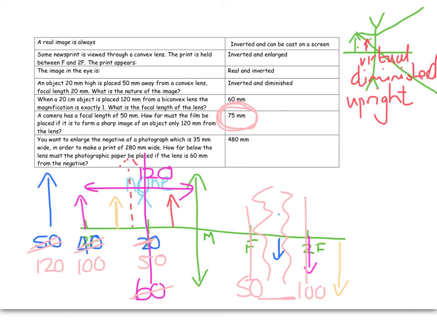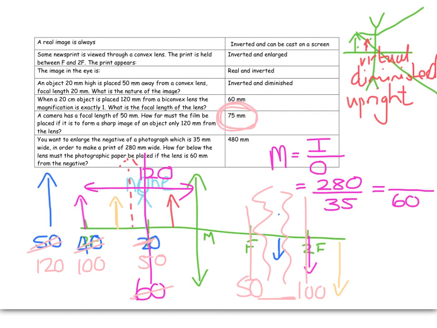You want to enlarge the negative of a photograph, which is 35 millimeters wide, and you're going to make a print 280. So what is the magnification? Magnification is image width over object width. 280 divided by 35. How far below the lens must the photographic paper be placed if the lens is 60 millimeters from the negative? So the object distance is 60, because with a photograph you're making, you use the negative as the object and you create the image onto a piece of paper that becomes the photograph, which is the image. So when I rearrange that equation, I find that I get 480 millimeters, because the magnification can either be image distance over object distance, or image height over object height, or in this case image width over object